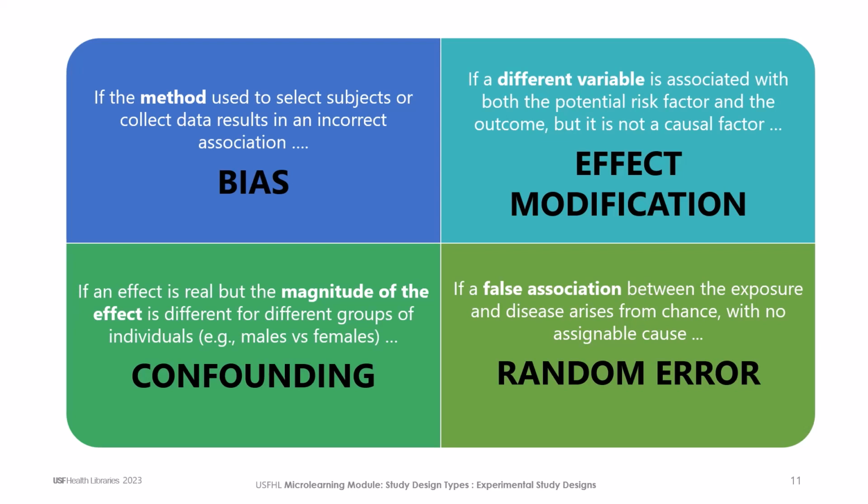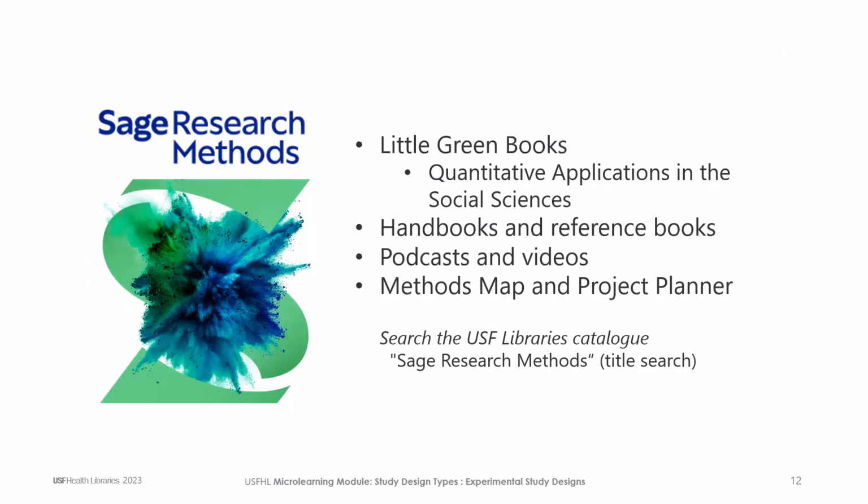There are a number of tools available to help learn more about methodological rigor needed for experimental studies and how to appraise experimental studies. One of the best resources in the USF libraries for researchers at any level is the SAGE Research Methods Collection. The collection has a multidisciplinary approach covering methods commonly used in the social and behavioral sciences, medicine and health, technology, science, and the humanities. It has books, reference books, journal articles, instructional videos, and podcasts that provide context for any part of the research process, from writing a research question to choosing a research method, collecting and analyzing data, and